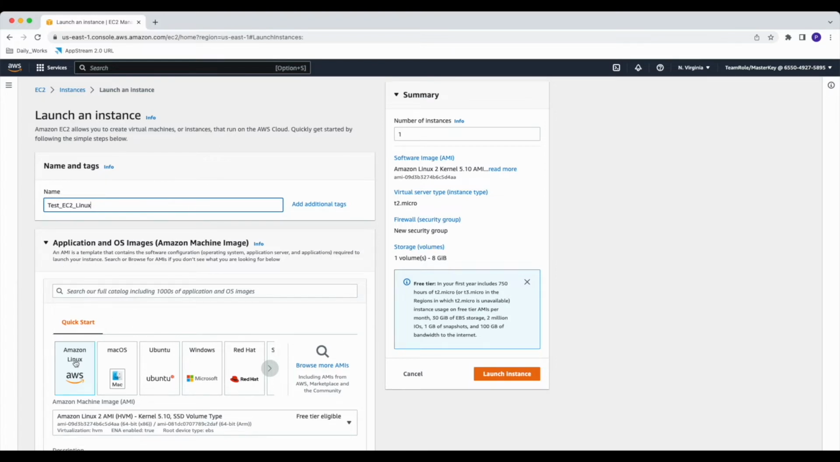You can choose Amazon Linux, you can choose Mac OS, you can choose Ubuntu, Windows, Red Hat. It's up to you. For this lab, we are going to choose Amazon Linux. Maybe if you need, I can create a separate video for Windows, Ubuntu or Mac, whatever you want. If you want me to create an EC2 instance for another operating system, please put your request as a comment